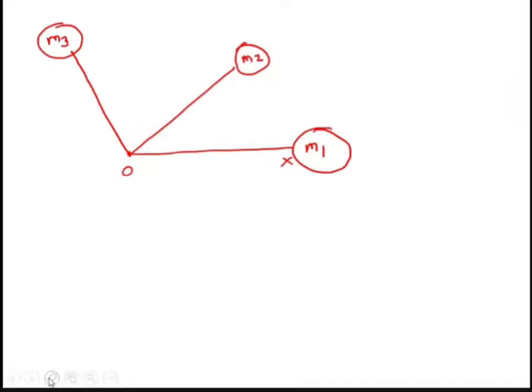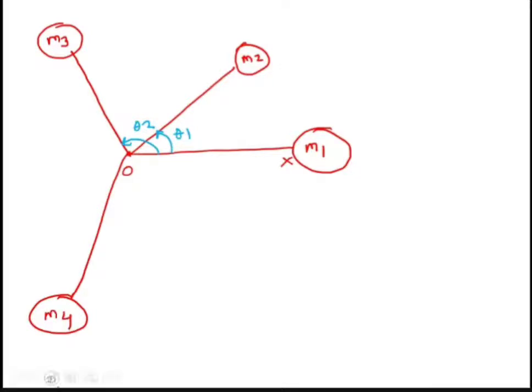Let me change the color pens so you will understand better. Let us say this is theta 1 and this is theta 2. Now what is the next angle? M4 is located at the angle theta 4, which is 255 degrees. So 255 degrees means it will come somewhere here. This is how I have drawn the space angle. You have to draw it on your own, practice at your home.